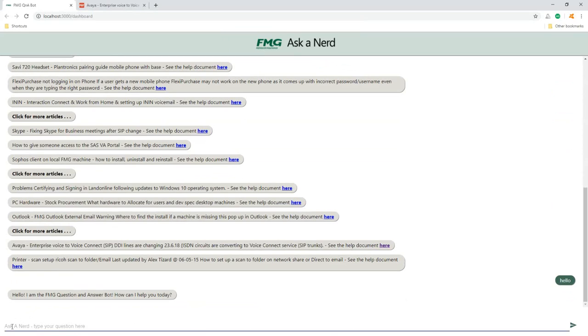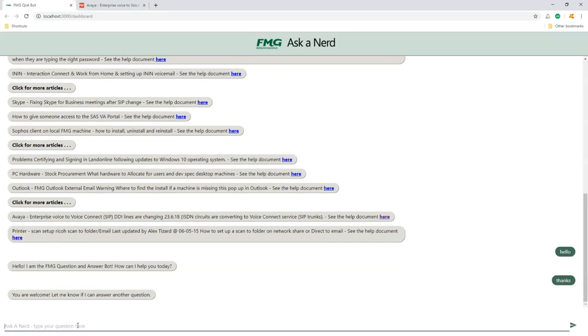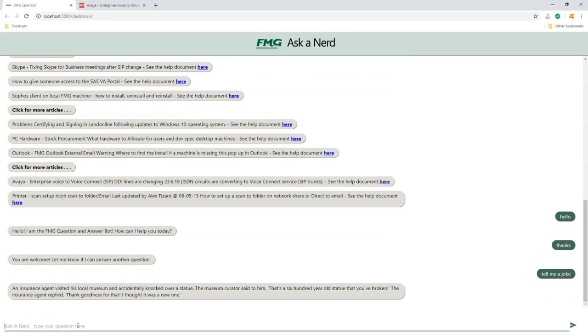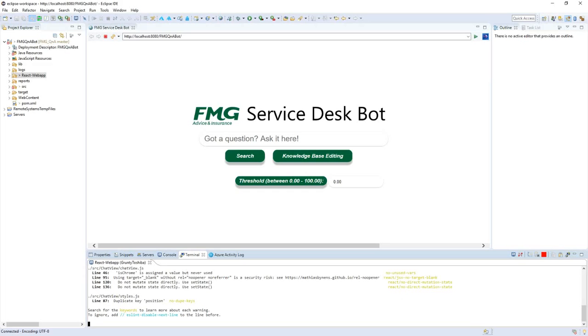And there are also limited chat articles currently in the system, and those could be expanded upon by an admin person adding more jokes, looking at what's being asked and adding more chat. So that concludes this first part of the demonstration. The next part